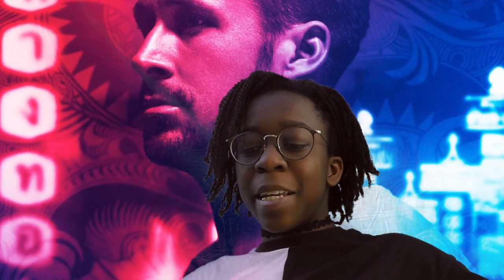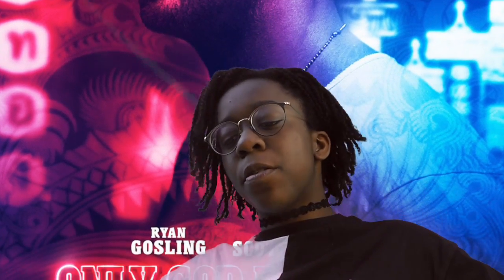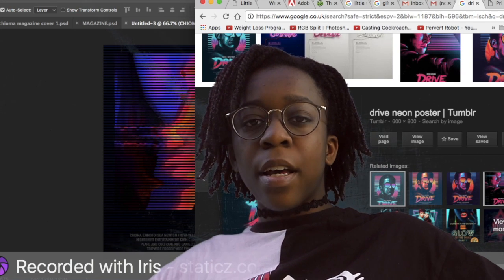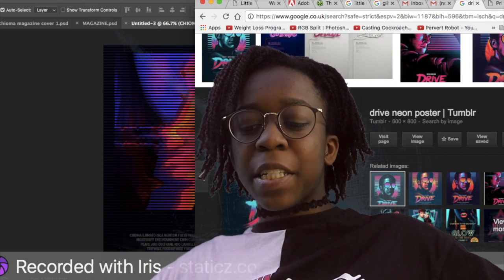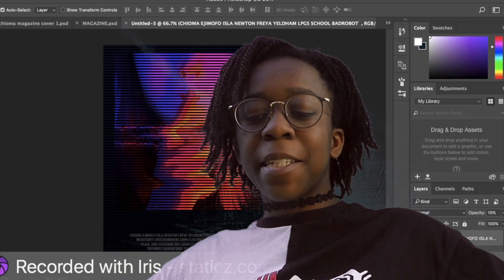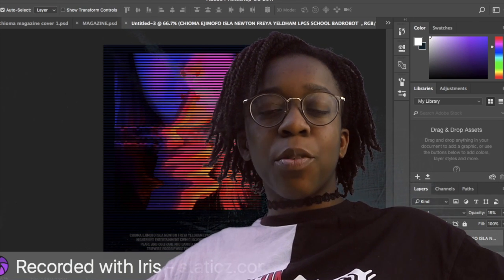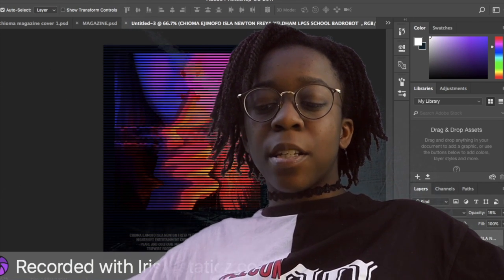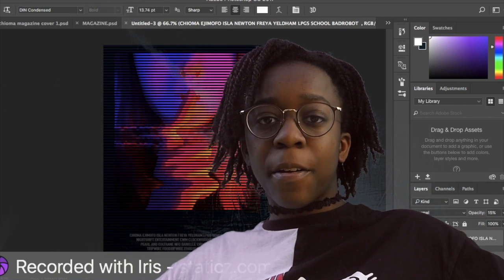For my poster magazine, I also utilised Photoshop but also incorporated my digital tablet drawings. I then used multiple layers and blend tools that are exclusive to Photoshop in order to create a magazine cover that could fit the style of our trailer and real media products, such as the film posters for Only God Forgives and Drive. Overall, the use of media technologies allowed us to create high-quality ancillary products and media products that